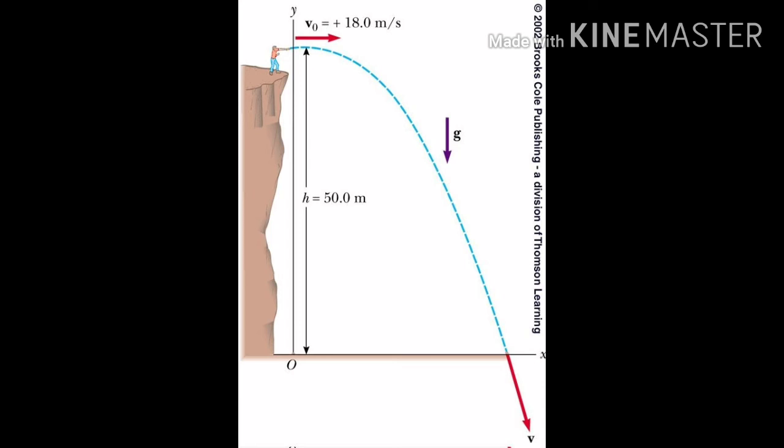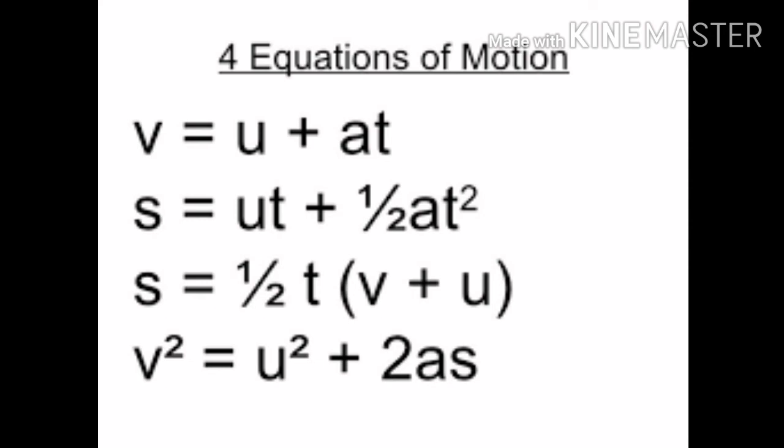Hello everyone, in this video I am going to show you how to derive the equations of motion by graphical method. When an object moves along a straight line with uniform acceleration, that is when you are throwing a ball from up to down, it is possible to relate its velocity, acceleration during the motion and the distance covered by it in a certain time interval by a set of equations known as equations of motion. There are three such equations that we are going to derive by the graphical method.